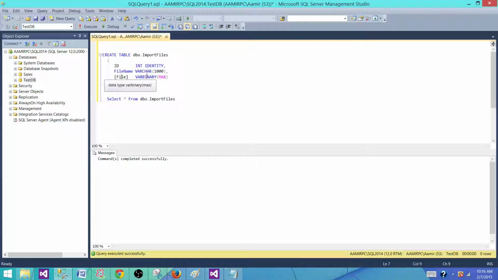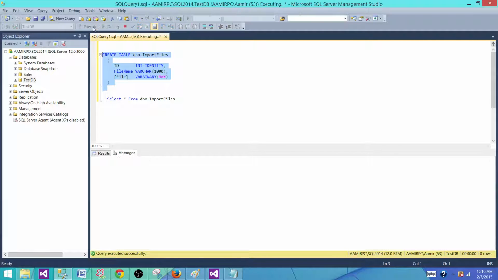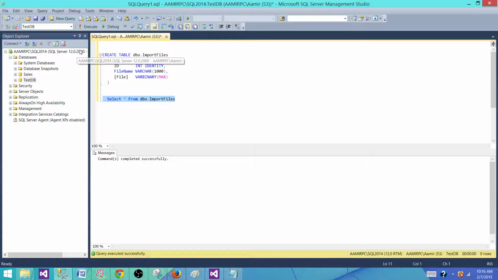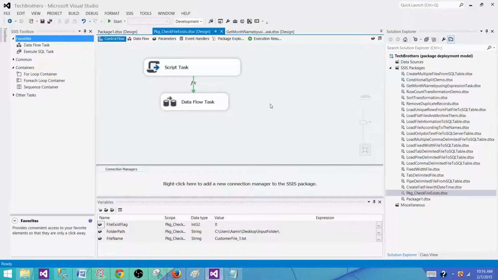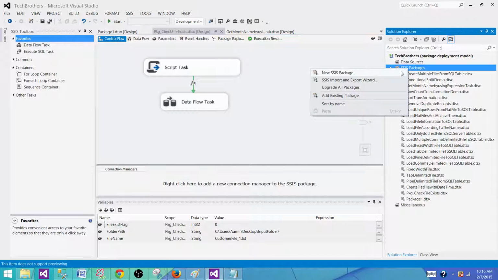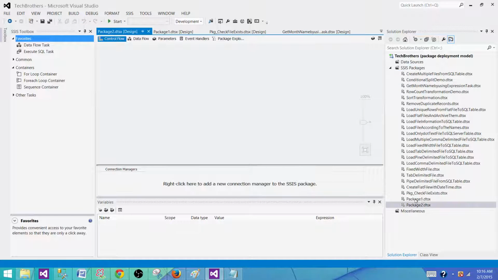binary. So if you have big data types, such as when you want to save files that are more than 8,000 characters, that's where you will be using varbinary, and this can accommodate any different files, PDF or document file or image files. So now let's create this table and see if there are any records in this table. Right now it's empty. Now let's go to the SSDT or BIDS and create a new package,